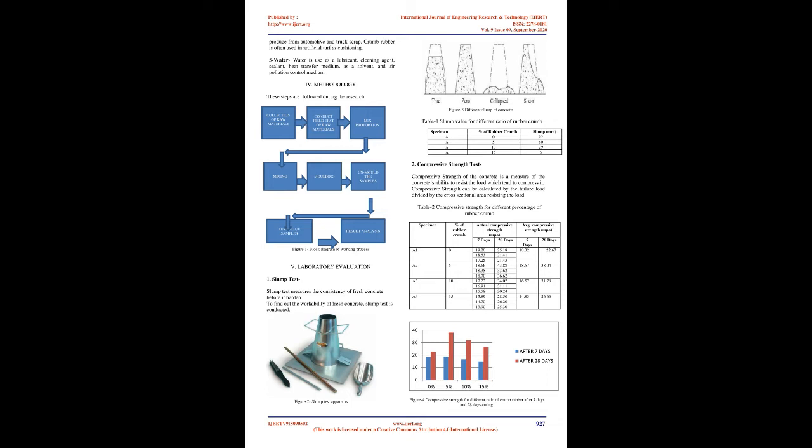Materials. 1. Cement: conforming to IS 8112-1989, OPC of grade 43 was used in this experiment. Cement is a binding material used in construction to bind other materials like coarse and fine aggregate. 2. Fine aggregate: when the aggregate passes through the 4.75 mm sieve, it is called fine aggregate. Fine aggregate is used as an inert material and also fills the voids of concrete and improves the workability. 3. Coarse aggregate: the aggregate that is retained on the 4.75 mm sieve is called coarse aggregate. It reduces shrinkage and occupies 70 to 80% of the volume of concrete.